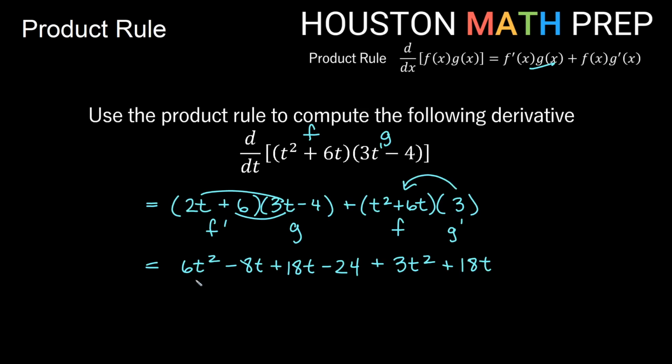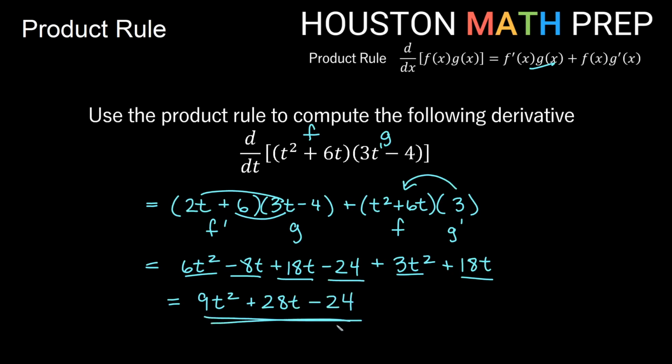And combining like terms, I have a t squared here and here, so that will give us 9t squared. I also have, let's see, negative 8t plus 18t, that would be 10t, plus another 18t would make 28t. And then our only constant is minus 24, so minus 24 there,